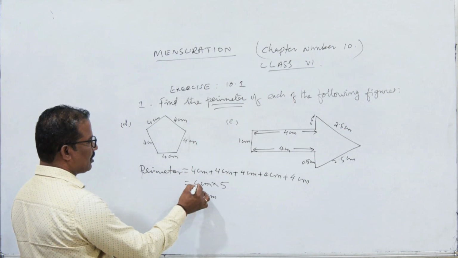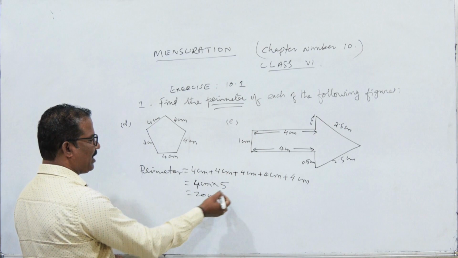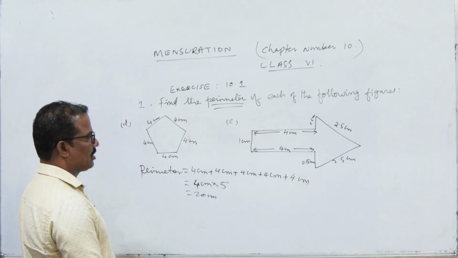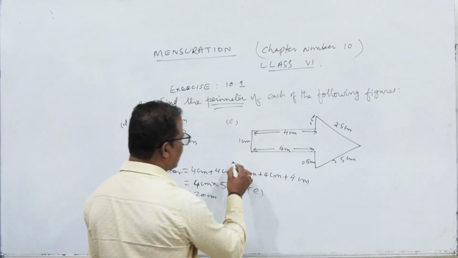Understand? So in shortcut you can find the total length like this. 4 is repeating how many times? 5 times. So 4 5s are 20 centimeter. Now see in this question, the solution for E question is,